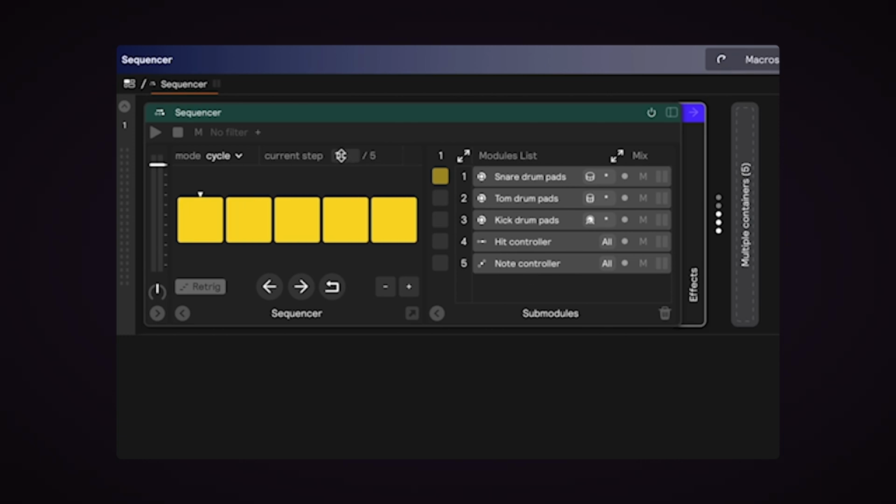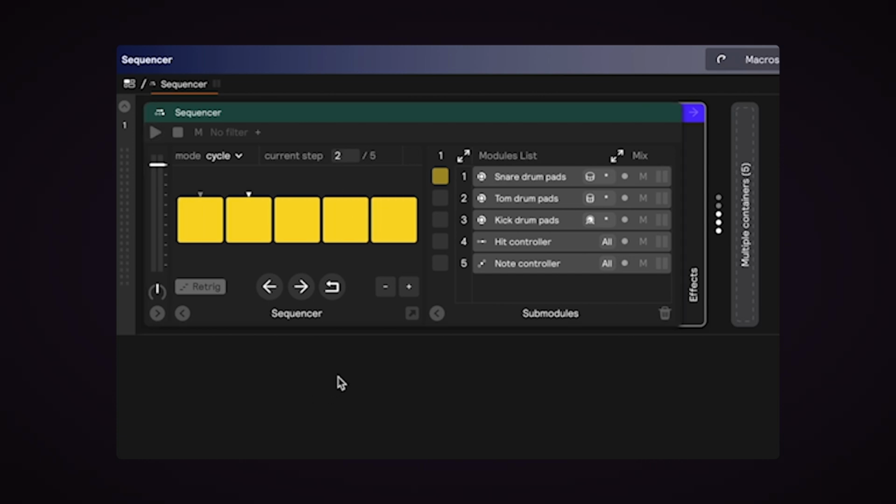This tells me that the current step is step number 1. So if I go ahead and play the drum, you can see that it's moved to step number 2. If I play it again, step number 3, and you might notice these 2 triangles above these 2 steps. The white triangle indicates the next step that will be played the next time that you trigger the sequence, and this gray triangle tells you the previously played step. So right now they're always next to each other,